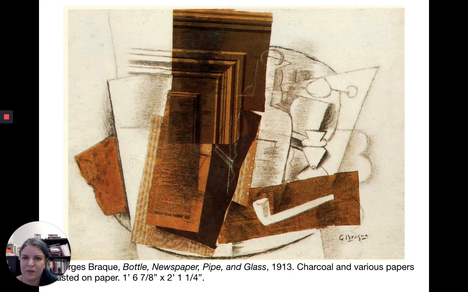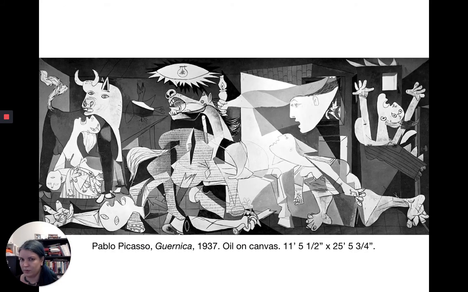One of the things I love about this is that one of these pieces of paper has a kind of fake wood grain on it, so it's another thing that's playing with these layers of reality, representing itself as wood when in fact it is a piece of paper. Okay, so from here,